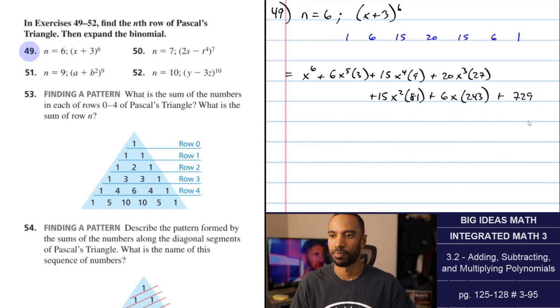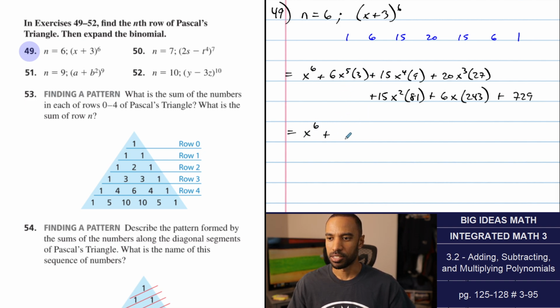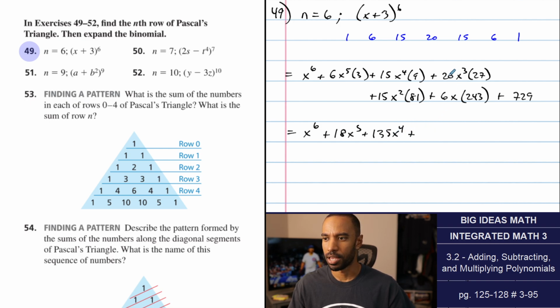Okay. That's what we're working off of there to expand. Okay? X to the 6th plus, that's 18x to the 5th. This is, I don't know, 15 times 9. 135 x to the 4th plus 2 times 27, 540 x cubed plus,